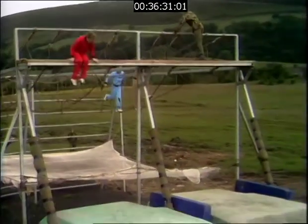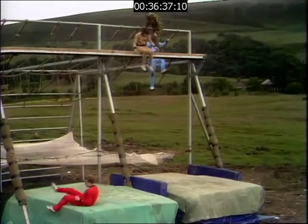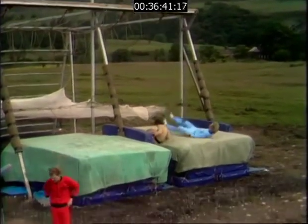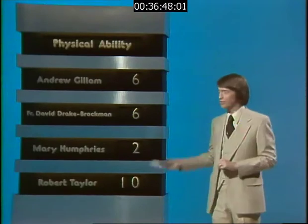Andrew Gillum now with just the drop to do. Down he goes, lands quite nicely. Absolutely exhausted, but he did well. A very good time. And it's going to be Mary Humphries dropping nicely into second place and just behind Robert Taylor in third place. Well, that really was a tremendous run by Andrew Gillum there, and he gets the 10